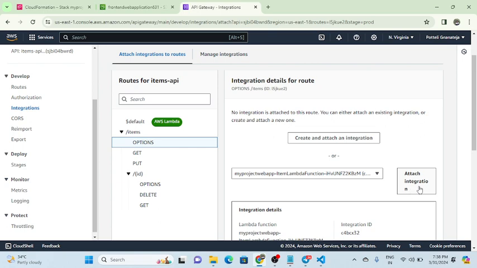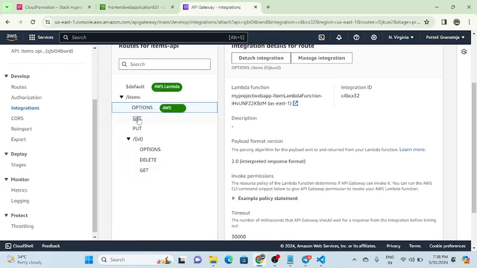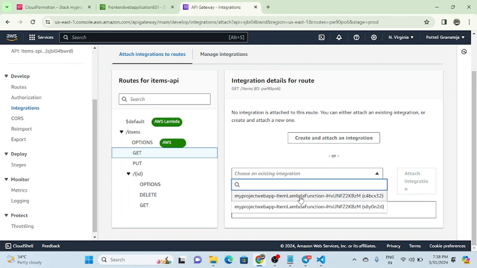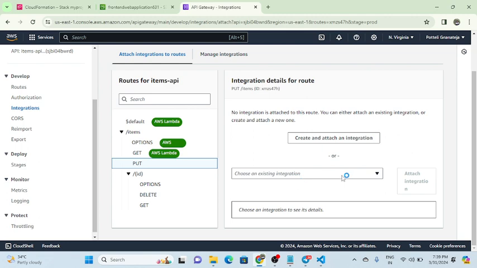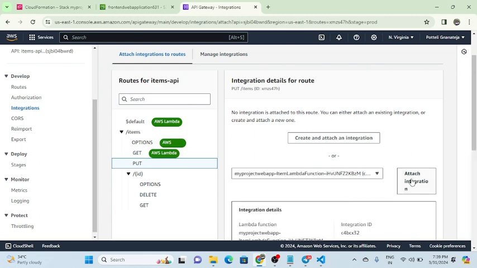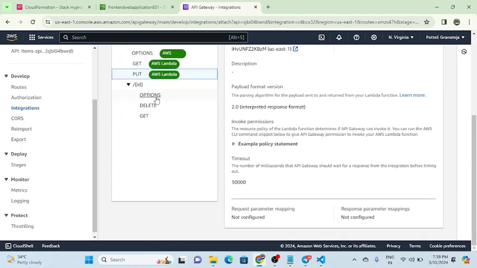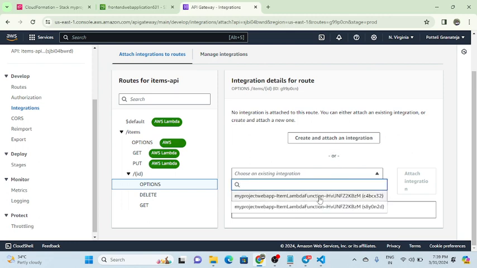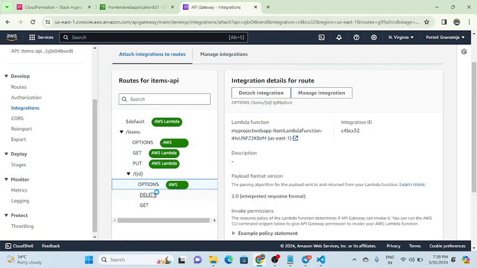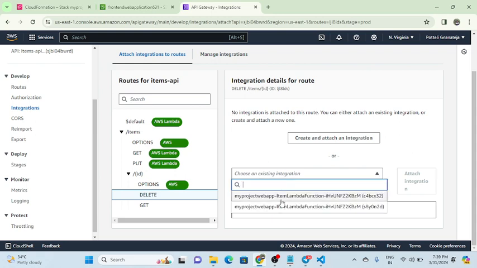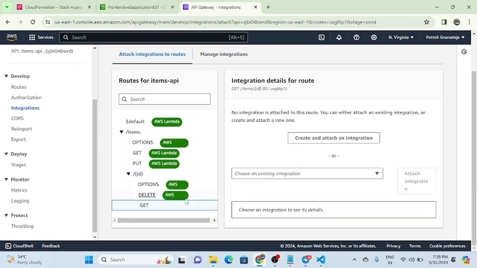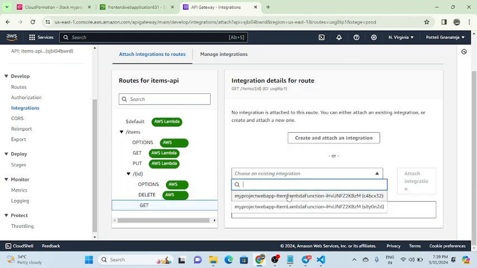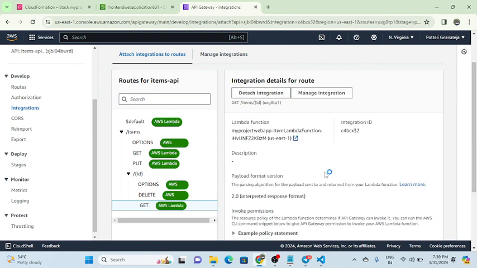That's only attach integration, and we have to do this same. We have to go to this one, add attach integration, and I have to go to this one. I attach my same project integration. We need to follow this process for all 6. Choose an existing one, the same as this one, and we have to do the same for the get option. After completing the integration for these 6 routes,